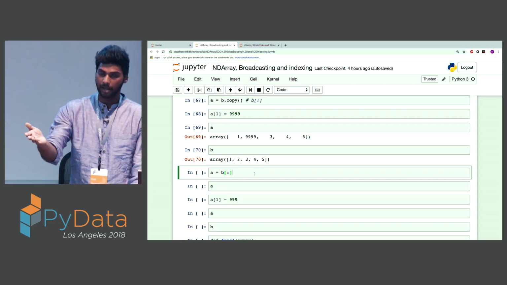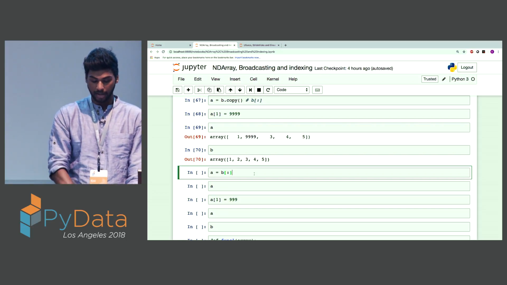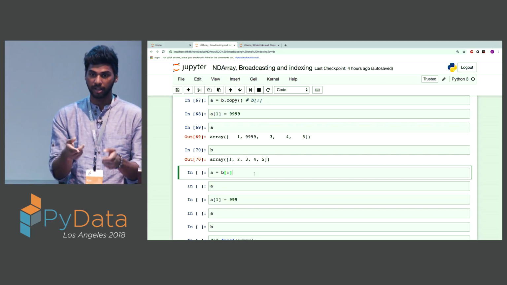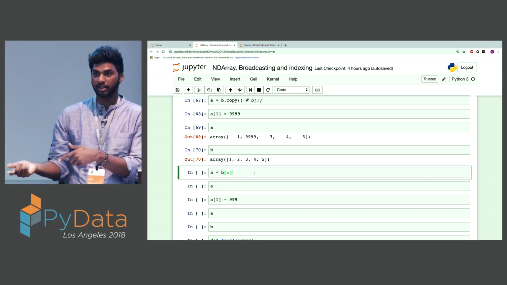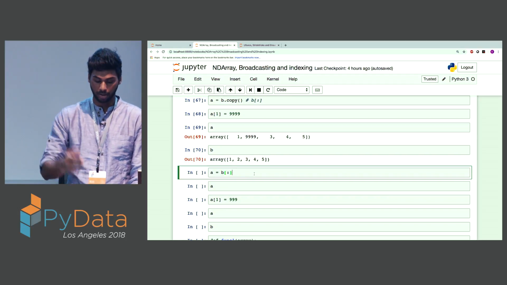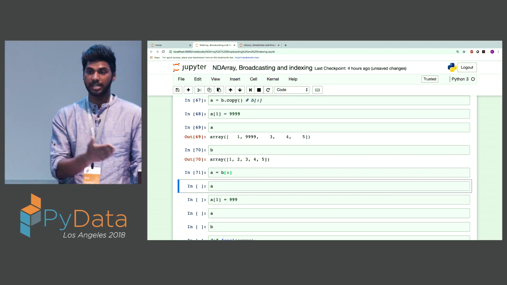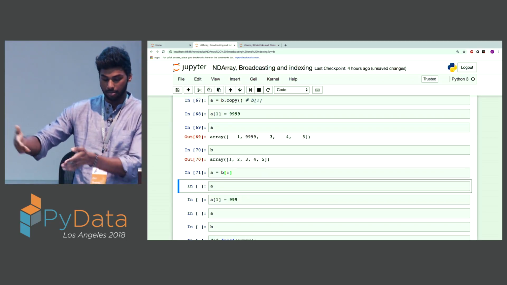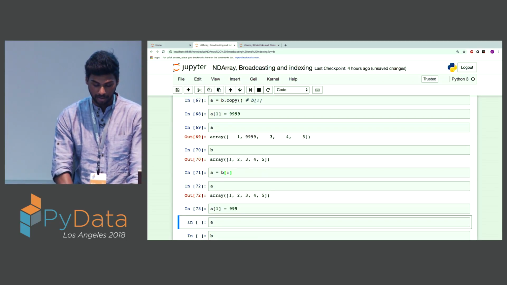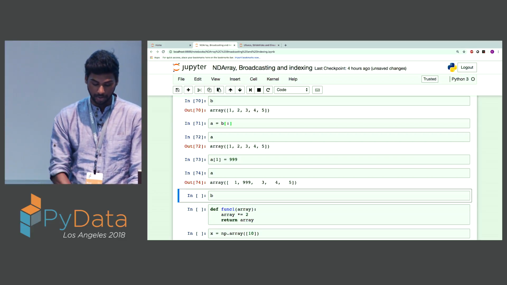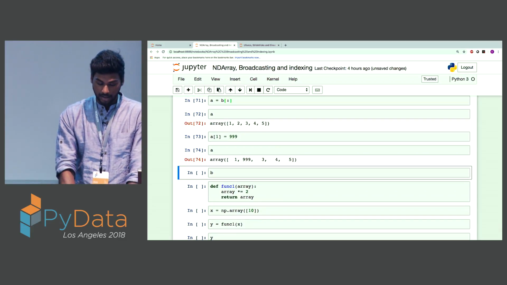Another way to achieve the same functionality as b.copy is simply returning a slice of b, and that slice being the entire array. So b of colon. Then it basically says A is equal to everything in B, and then you can do the same thing, set one value of A as 999 and